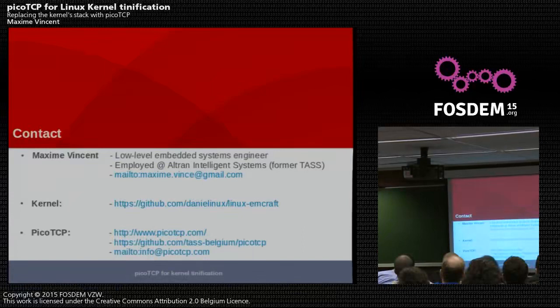So how safe is it to expose this stack to the real internet? We are doing quite some testing on our stack as part of the project, and we're aiming really hard to comply to all the RFCs we implement. So it should be pretty safe. I'm not saying that there is no possibility to find some nasty buffer overflow or to crash the board. That is a point for sure. But the stack is being used in a lot of embedded systems that are connected to the internet, just not through the Linux kernel for now. So we're testing pretty hard on that.